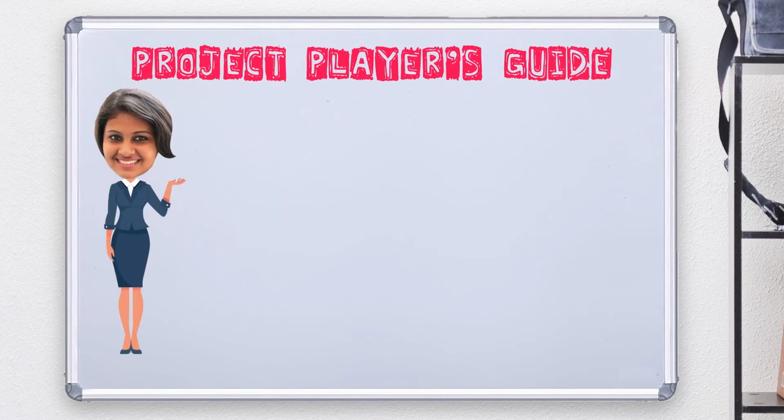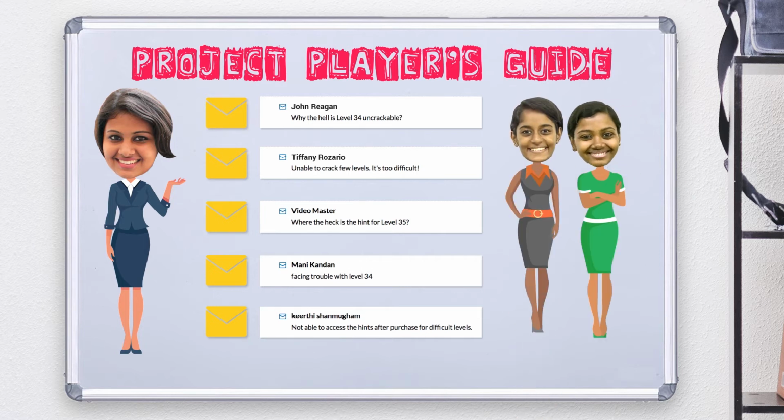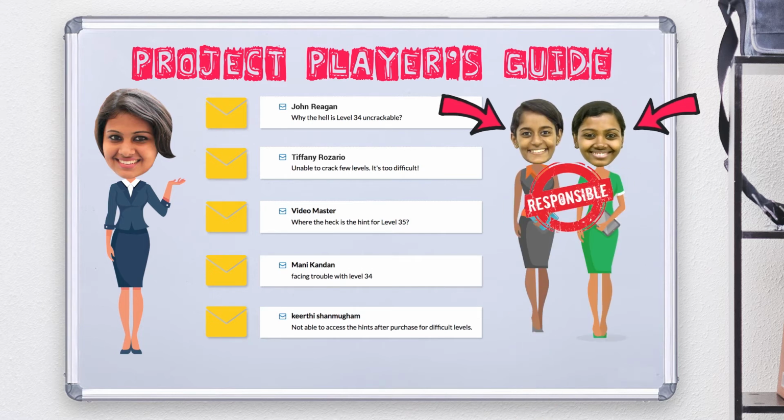Vanessa first wanted to show some of the emails she had received from the customers to a few team members who are responsible for the ease of use and the playability of the game, so they could understand which levels of the games the players were having trouble completing. Now, if this was her previous email system, she would have had to forward the emails one by one and create an email pileup in everyone's inbox. But instead, in Zoho Mail, now she can simply share the emails with them and have conversations around the email,